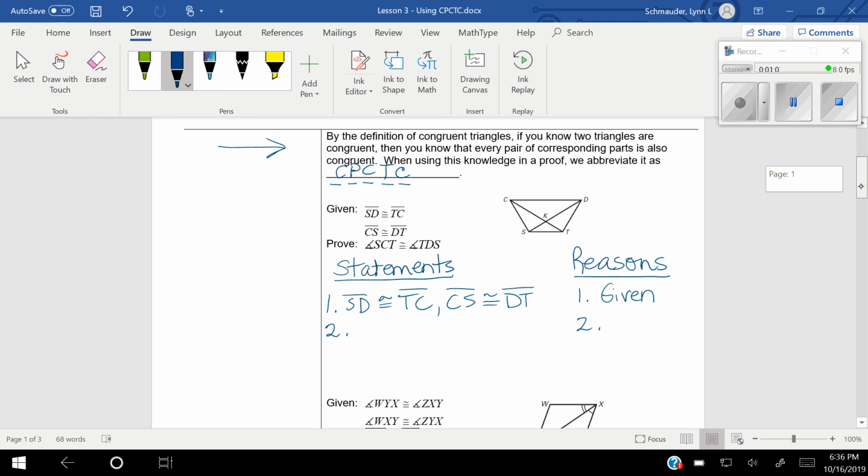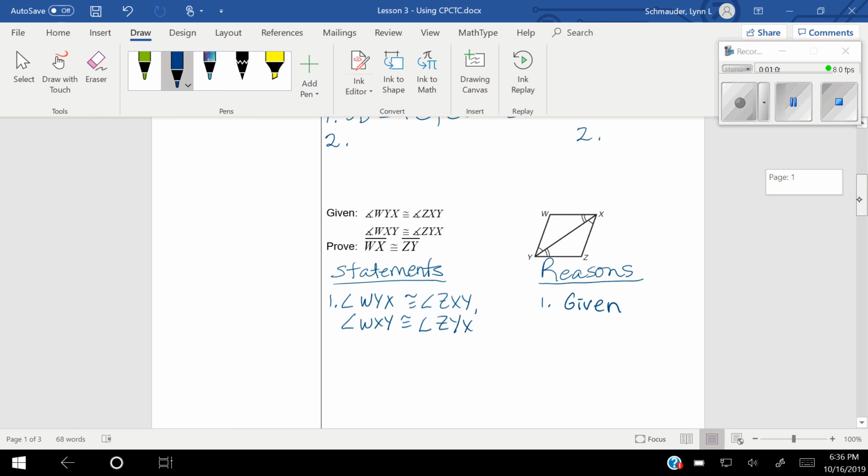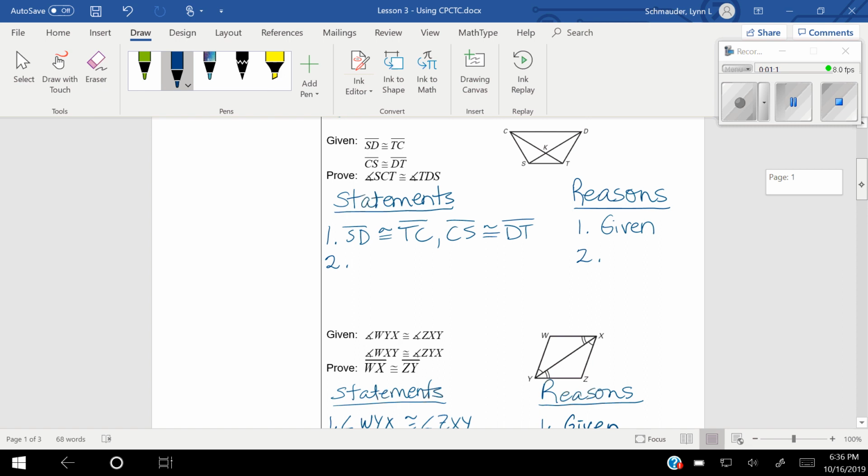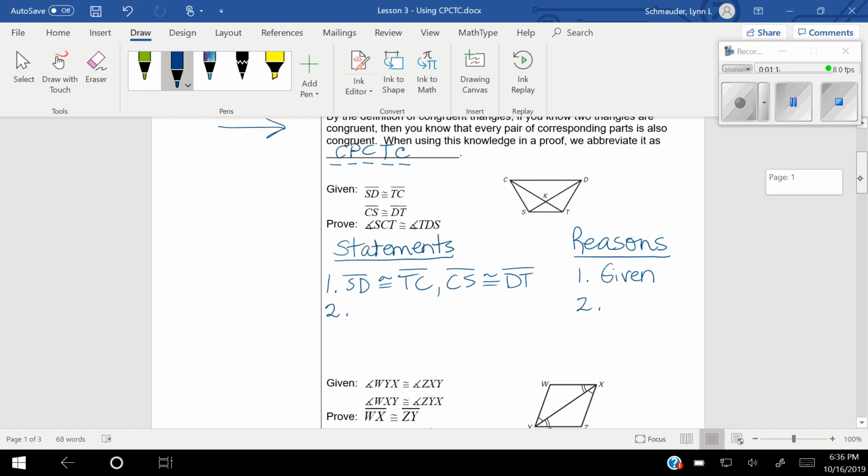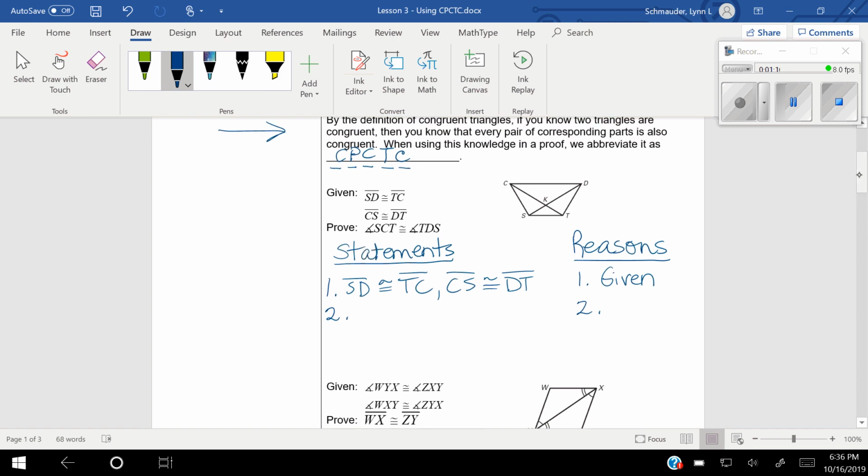And just so you know, for every one of the proofs in the lesson today, I've already gone ahead and made my columns and written down my first statement and reasons, which are given. So if you want to pause here and do that, it'll make our lesson go a lot quicker. Okay, so the first proof we have here,